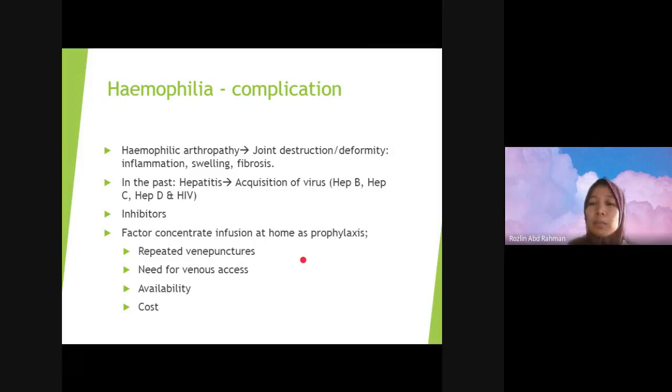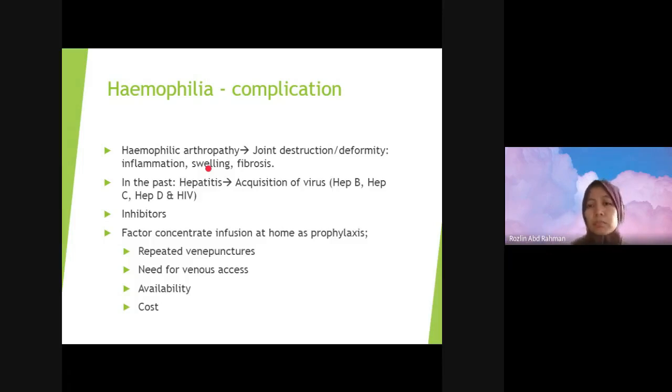Okay, another complication is that in the past we have recorded cases of patients contracting hepatitis C and hepatitis B from contaminated factor concentrate. Tapi sekarang ni we see less and less, jarang sangatlah we see all these complications because of very stringent screening processes. Okay, kita screen the donor, and then we do all the lab testing before we transfuse the blood concentrates to the